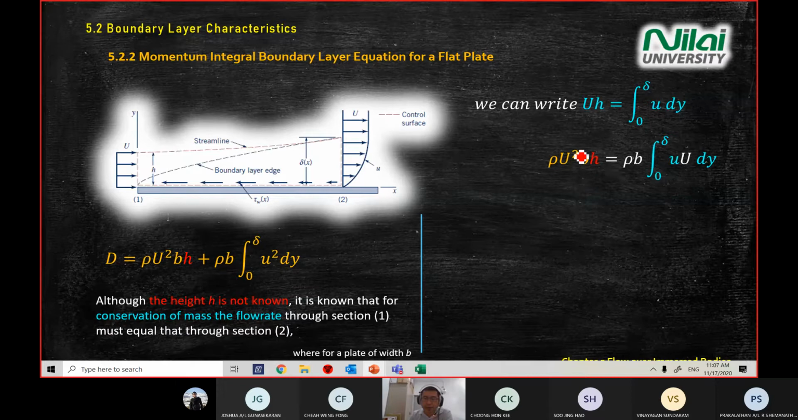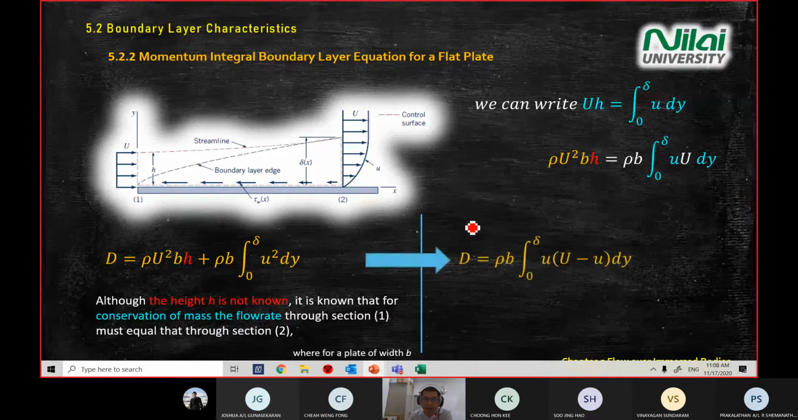So rho U square BH, we substitute this equation inside here. So you will have rho B integration of small u times big U dy. It's a modification of this term into this one. So later we will substitute this one into the equation. You substitute this one in, you rearrange, your drag equation will become D equal to rho B